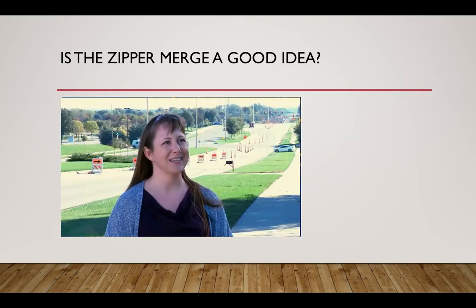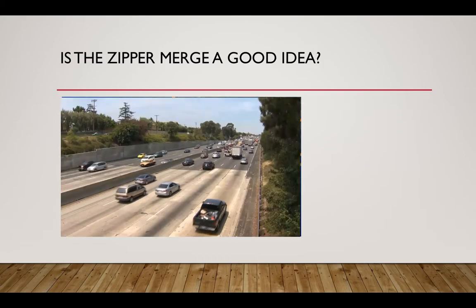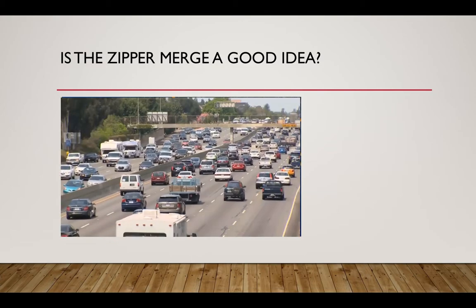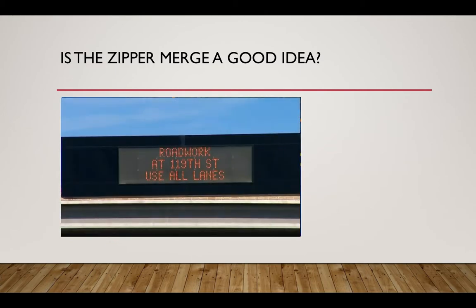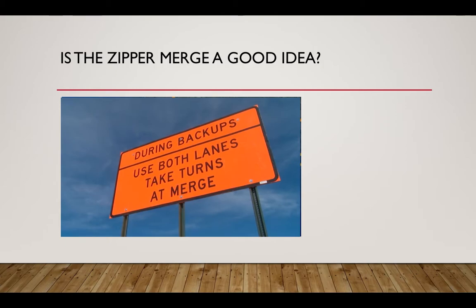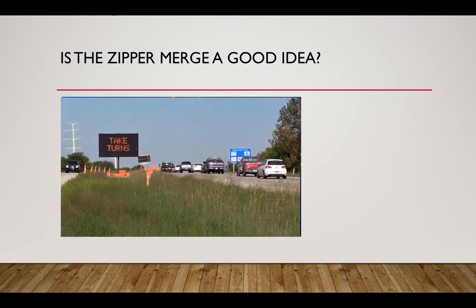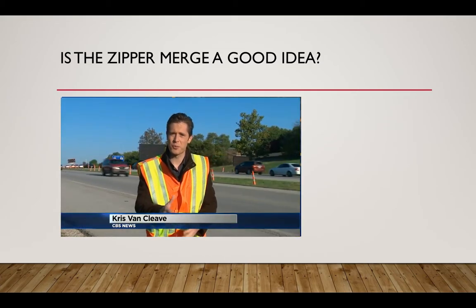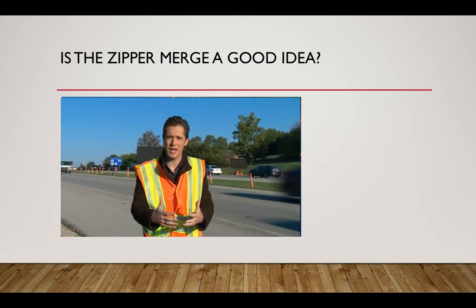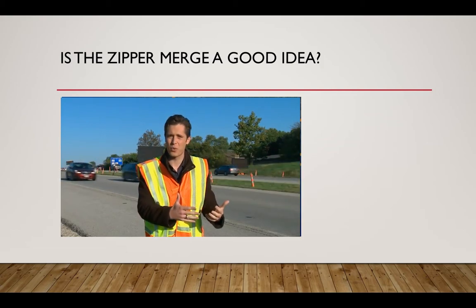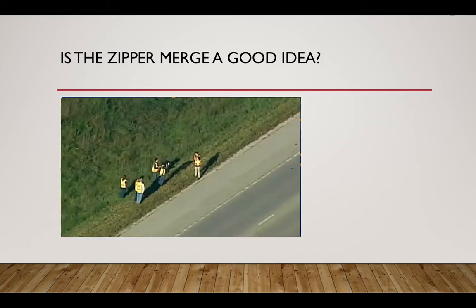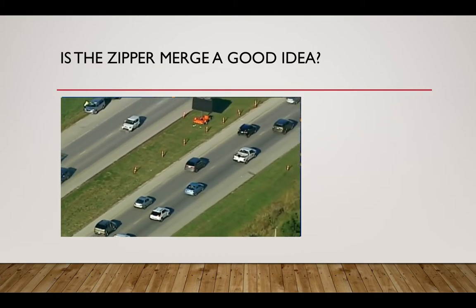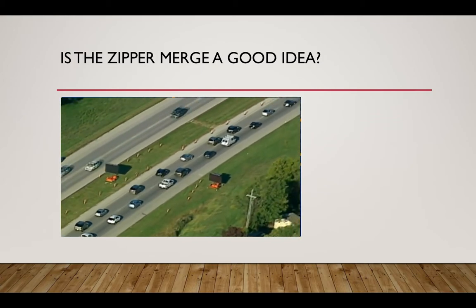So it's okay to cut. It's okay to take turns. Kansas is one of at least 8 states to try what's known as the zipper merge system. The State Department of Transportation put up signs asking drivers to use both lanes and take turns near a bridge construction project outside Kansas City. KDOT's finding what this does is bring predictability to the commute. They know that it takes 5 to 6 minutes to get through the work zone even in peak traffic. And from the air, you can see the cars keep moving and they come together, well, like the teeth of a zipper, hence the zipper merge.